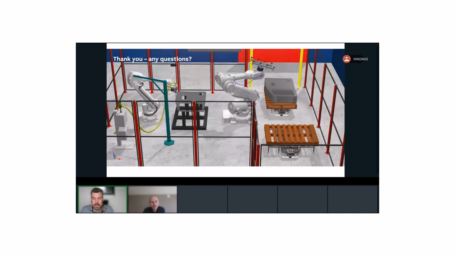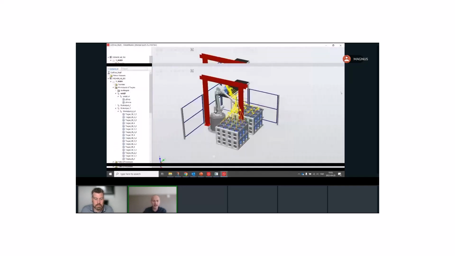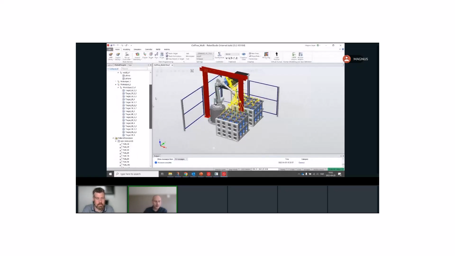The first question that we had is they want to see the RAPID code, what it looked like while you were running your demo with the automatic path planning. Yep. So I can bring this up. So if you look in the RAPID code, if I just take one of these samples that I created. So what we are actually creating right now is MoveAbsJ targets. So we plan right now in the joint space. So we create joint targets. And that means that we create them